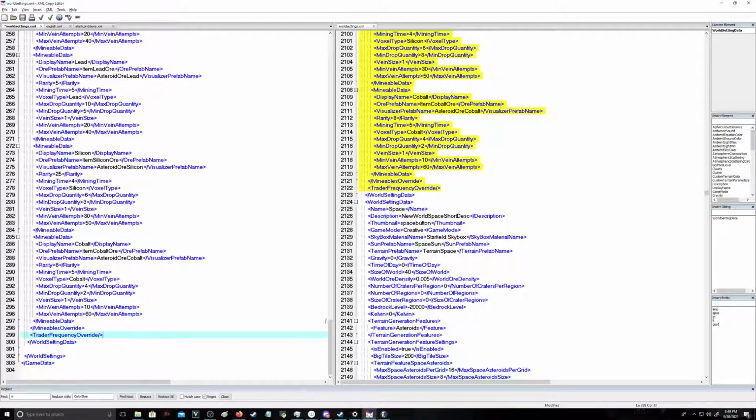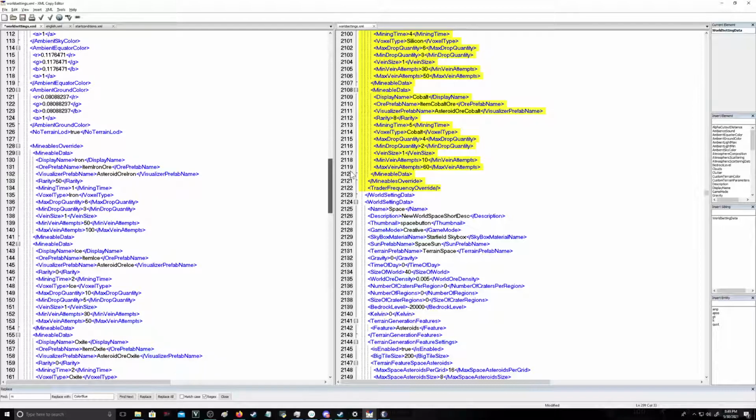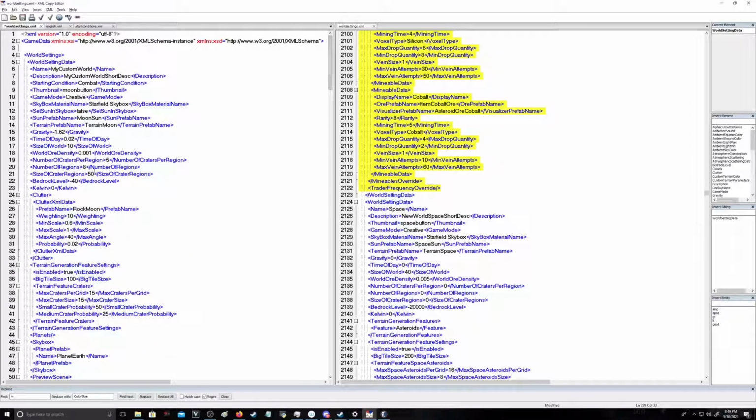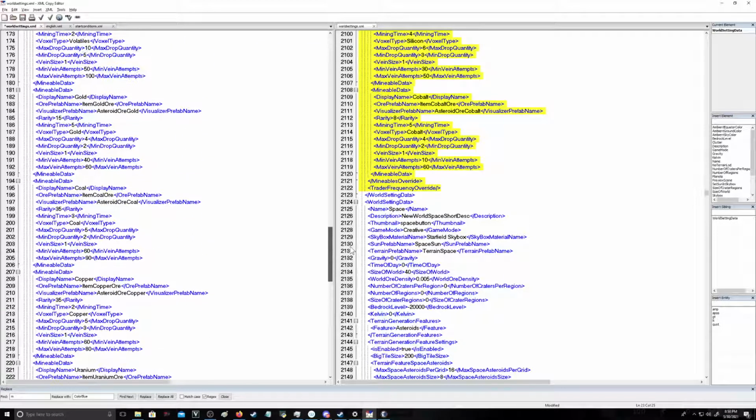And let's say we want to make everything very abundant. So we can go to world ore density. Let's multiply everything by 10 compared to our normal density. But let's say we also want to,